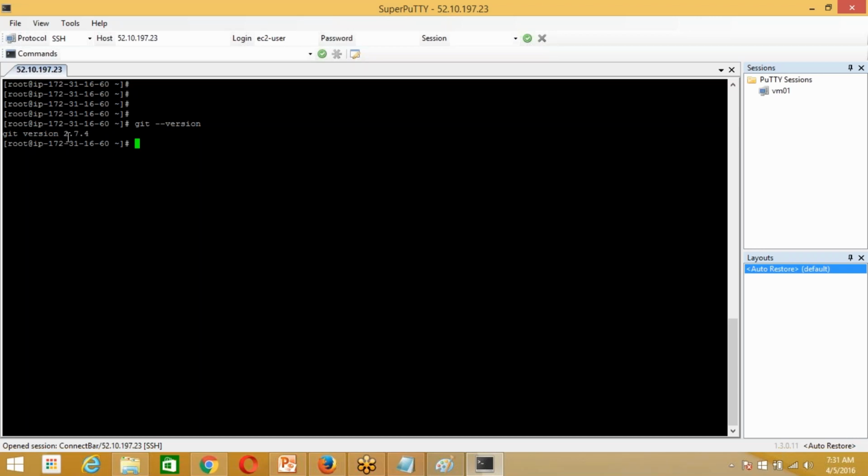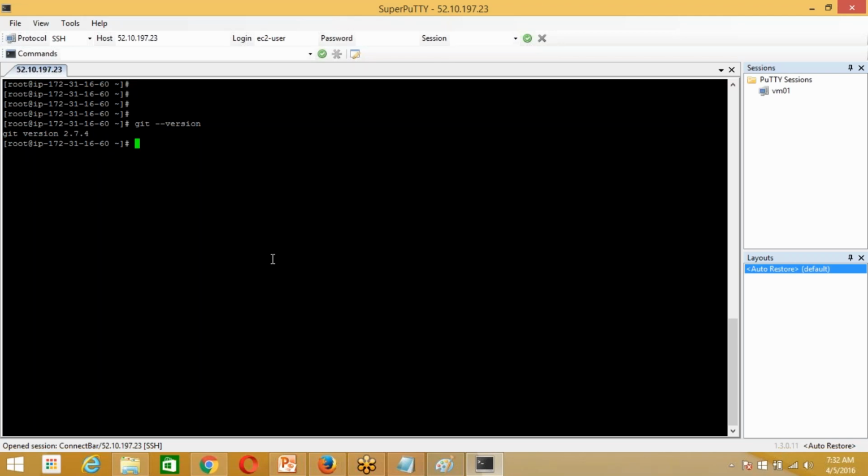Okay, here we have the latest one as 2.7.4 in Amazon. That's why I got confused when I said 1.9. The last installation I did was 2.4 or 2.3, so I was just confused.